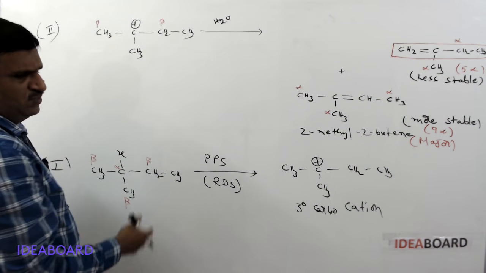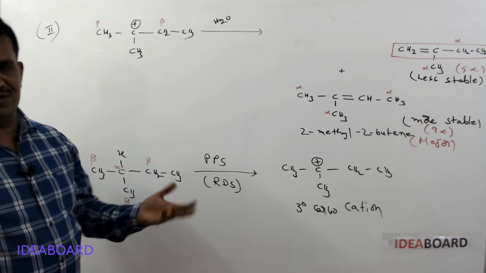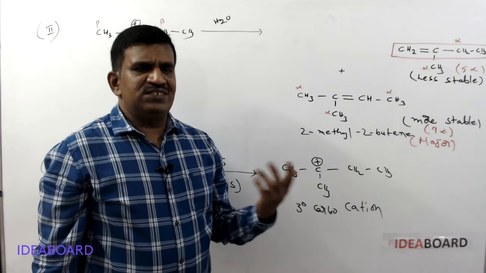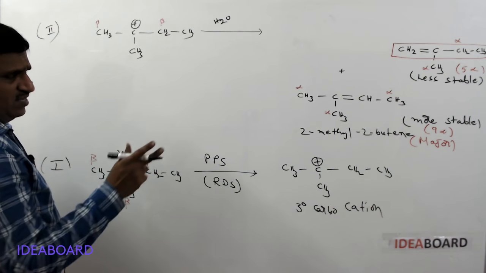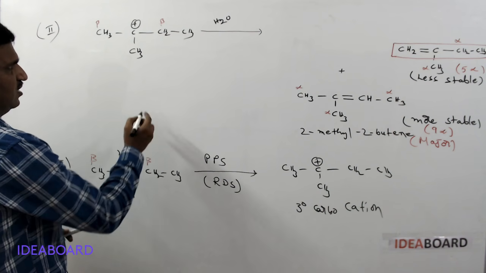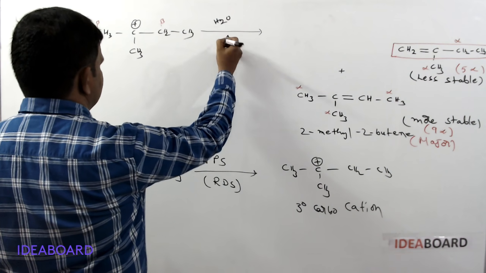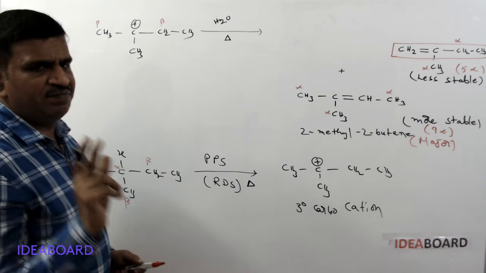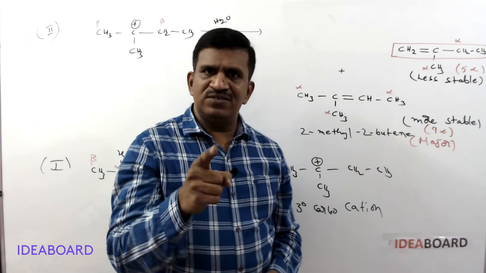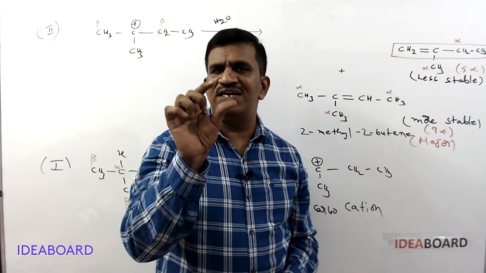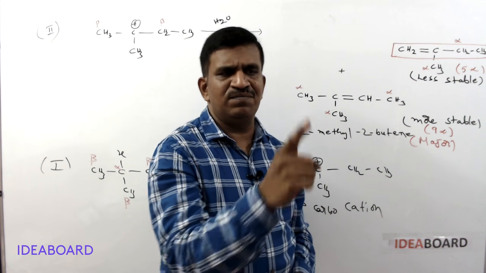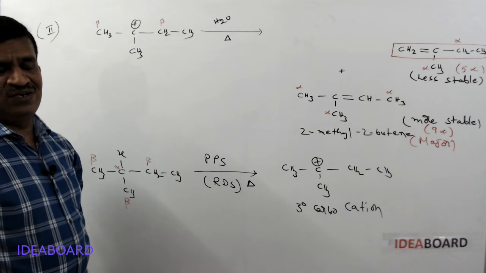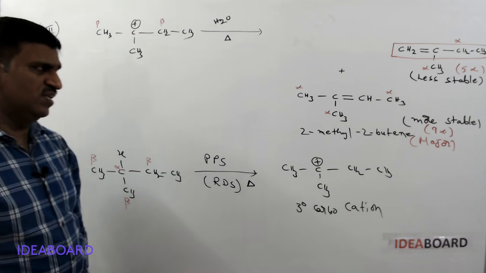Why did elimination occur? As per the SN1 reaction, when a water molecule is present, as we said, in a polar protic solvent or water, solvolysis or the SN1 reaction occurs. But in the reaction, in the beginning I gave delta. If you remember that delta, what happens? In the presence of high temperature, delta means high temperature, it always leads to the elimination process only.